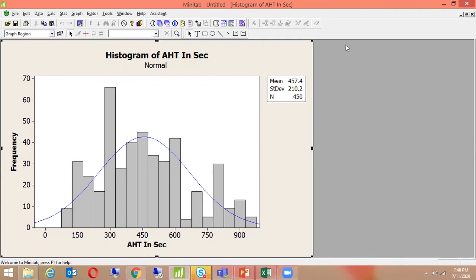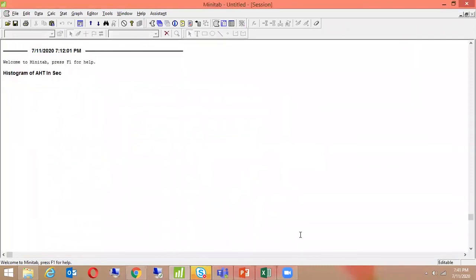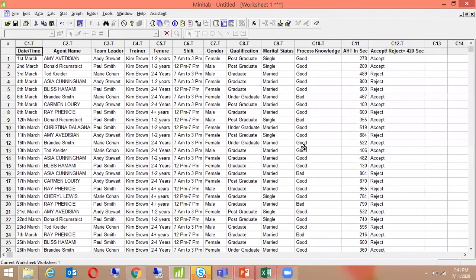Now another very important tool, which you have heard about many a time, but now we will do a practical out of it, is called the normality test. It is such a powerful and important tool, which will help in doing the hypothesis test as well. So please pay attention to it and ask me any questions that you have on the normality test. I'll just close this. I have the same data. Now, for normal distribution, let me first cover the meaning of normality here.